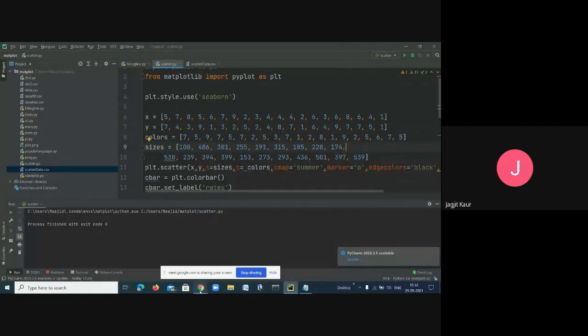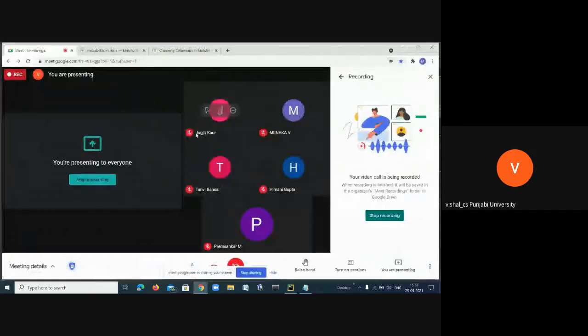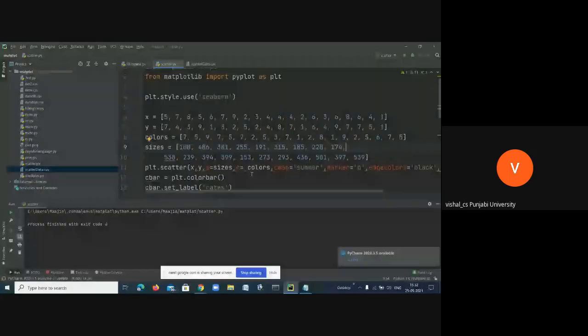Yes, sir, done. Good. So you got how to give different colors to markers, and we can even change the size for different markers. The only thing is we need to pass a list corresponding to the values. Here for 5 and 7 we have size 100 and color 7.